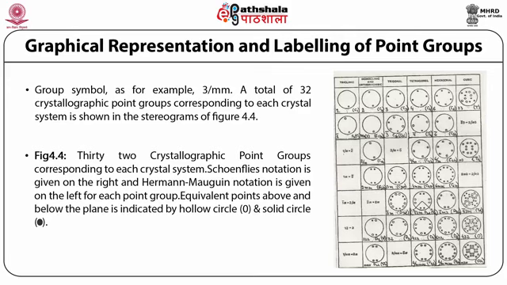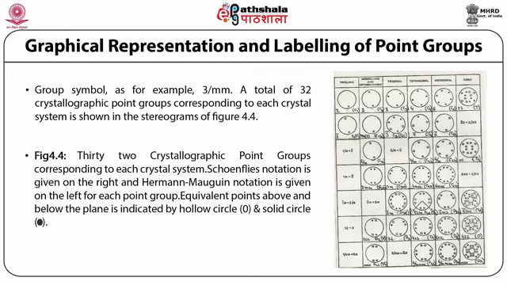For example, in the triclinic system, the point group 1 is represented in the Schoenflies notation as C subscript 1, and the graphical representation is also given in column 1 corresponding to the triclinic system. Similarly, for the monoclinic and orthorhombic systems, the dyad is represented by the graphical representation here, and the Schoenflies notation, which is C subscript 2, is also shown on the right hand side of the figure.